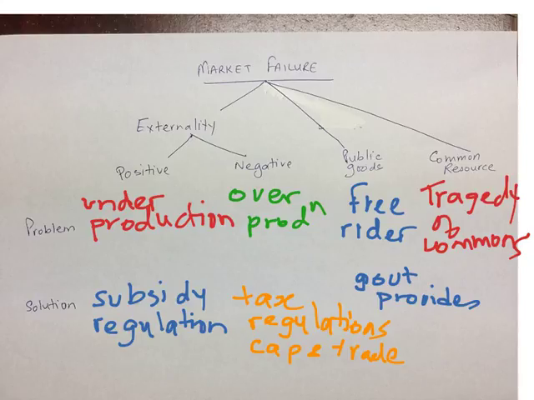Now, how does the government correct it? The government corrects or provides a solution to this problem by having regulations with regards to conservation and preservation of any type of resource that is a common resource. So now we understand what are the three reasons why the market system can potentially fail if left on its own, and therefore government intervention in some way, shape, or form is essential to correct this failure.